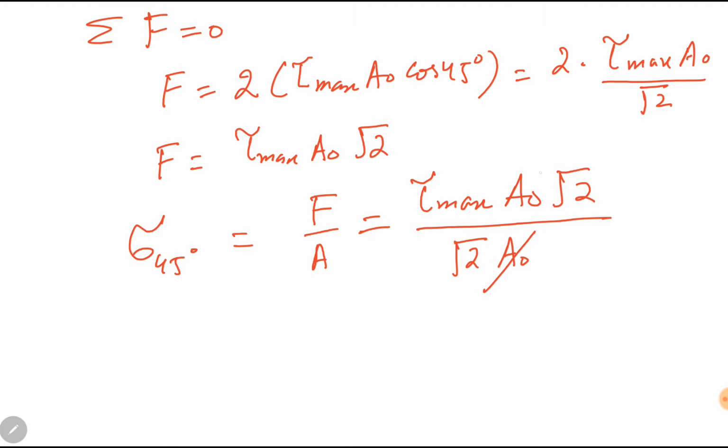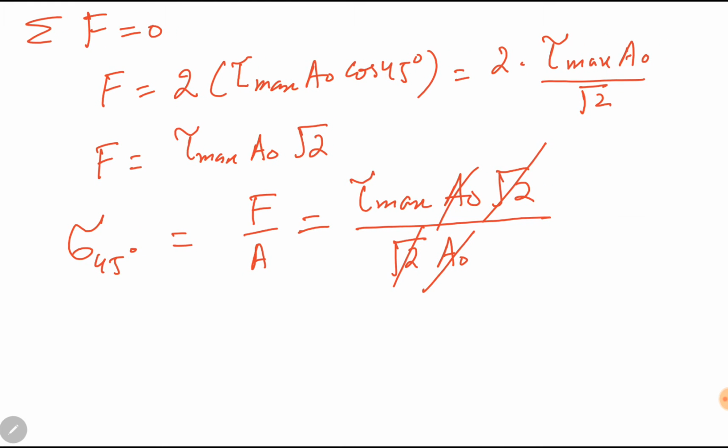So we can cancel out A naught and square root of 2 with square root of 2. So sigma at 45 degrees becomes equal to tau maximum, and we know that tau maximum is already